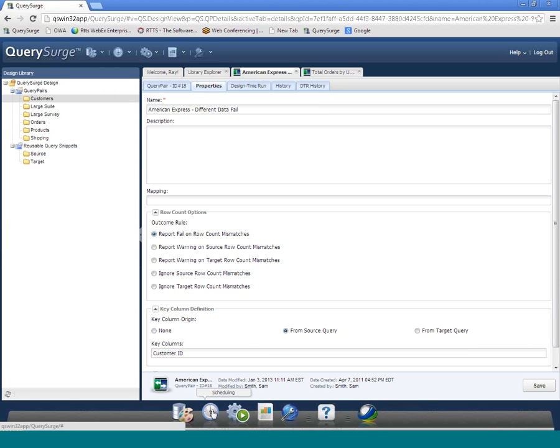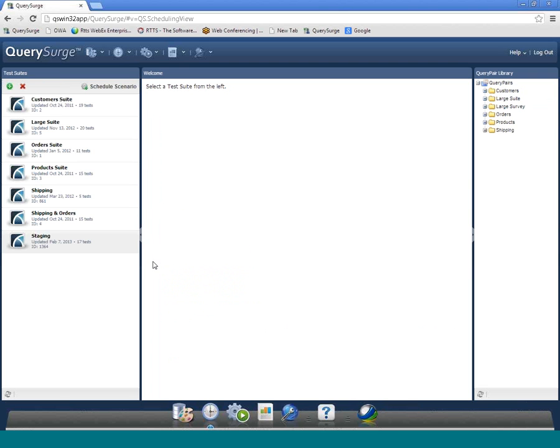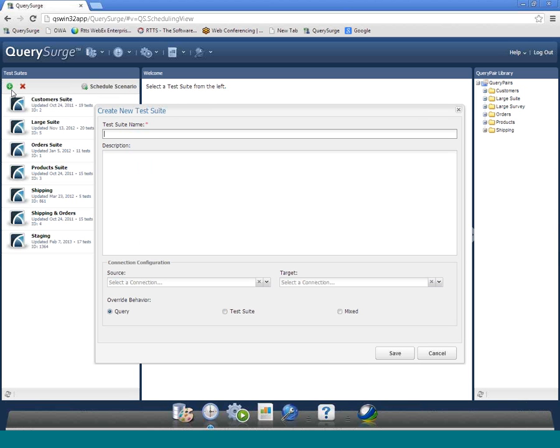Once you've defined your query pairs, you can toggle over to the scheduler module by using either the dock icon on the bottom of the screen or the menu on the header bar up top. On the left side of the screen, you'll see a list of test suites, and a test suite is a basic concept in QuerySurge. It's a collection of query pairs for execution purposes that you can schedule through a variety of different workflows. So if I create a new test suite here,